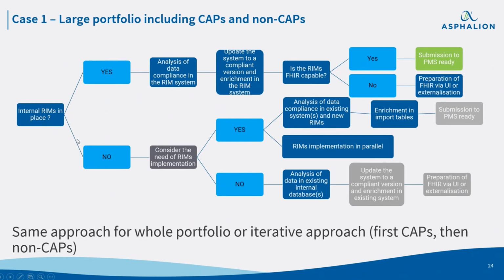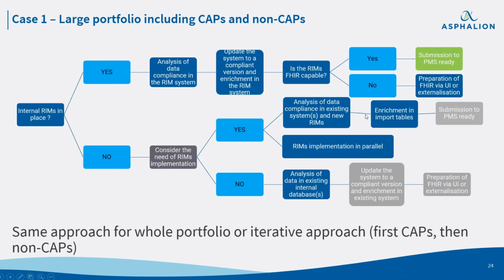But then we have all these other options where we don't have a RIM system. So the first one would be considering if we really need a RIM system, and if we need one, getting the budget, starting the project. This is not something that happens from one day to another. It's a long process of understanding which would be the best RIM solution for your company. It's not only depending on the size, but all the different user requirements. And then you can start making this implementation in parallel. But first you have to consider that your RIM system will actually be IDMP compliant.